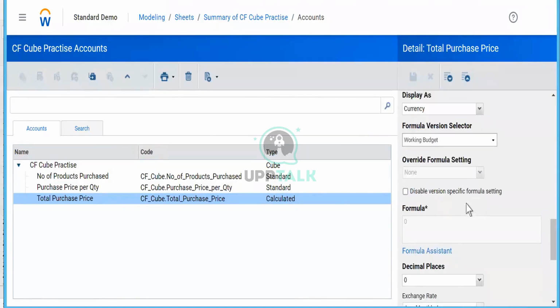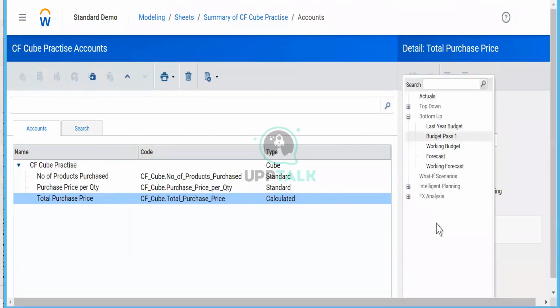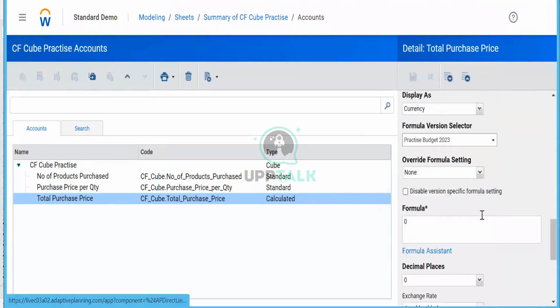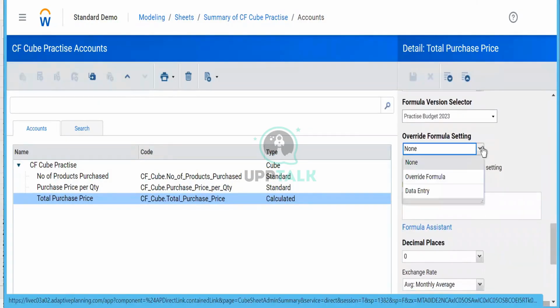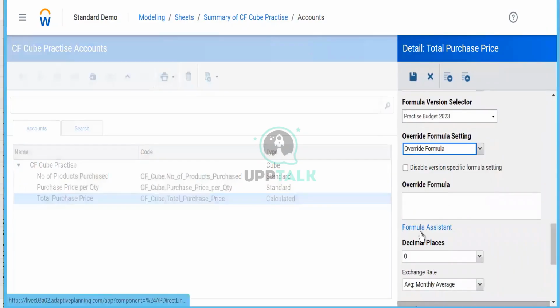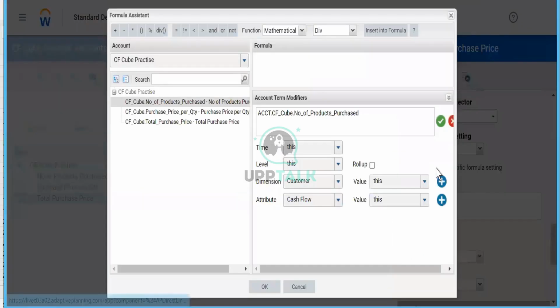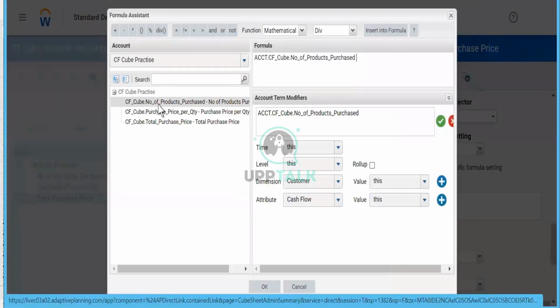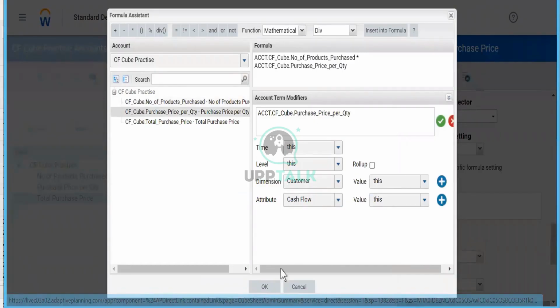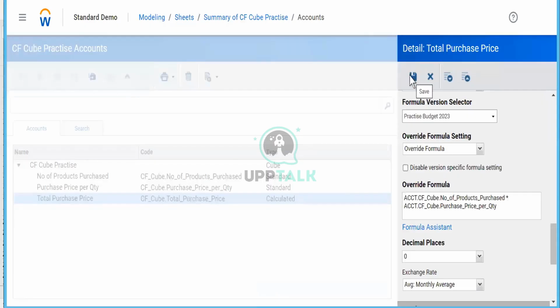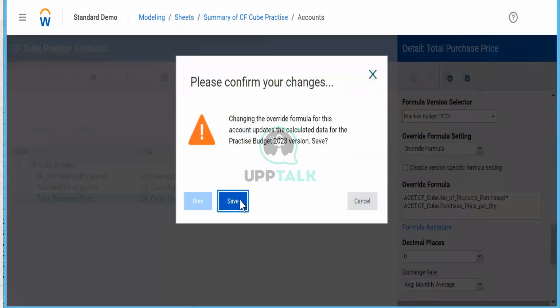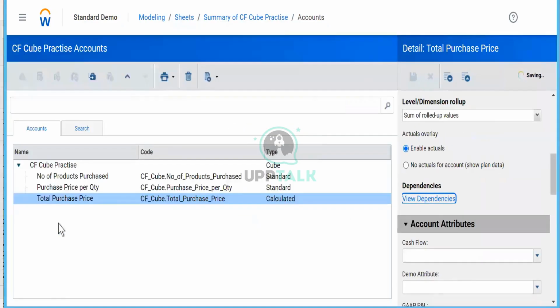They have done certain changes. Let's try to change it in the practice version. Practice budget. Alright, formula. We would do this in detail. This is an advanced concept of Adaptive. At the moment, you just understand how we can write a formula. This is the formula: this into this, do is and save it. This is how you will save the formula, and you have created this.